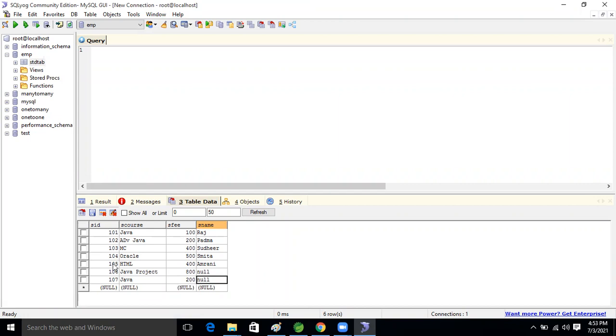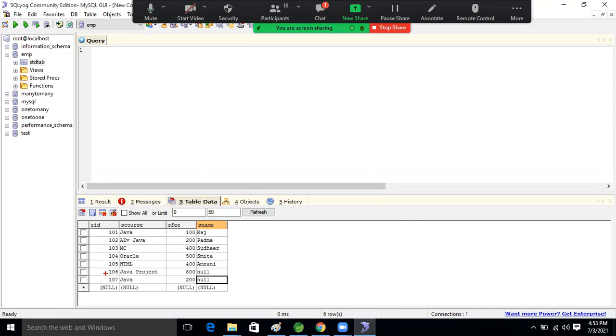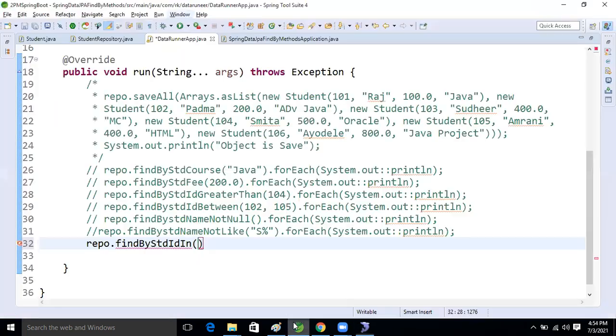How many records do we plan to select? We will select 3 records: 102, 104 and 105. So for that what are we taking now? IN operator, na. Okay, so come here. So what we will take?